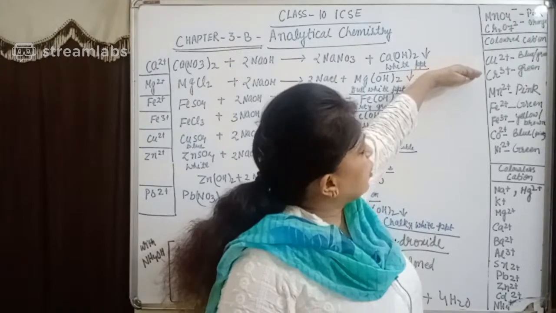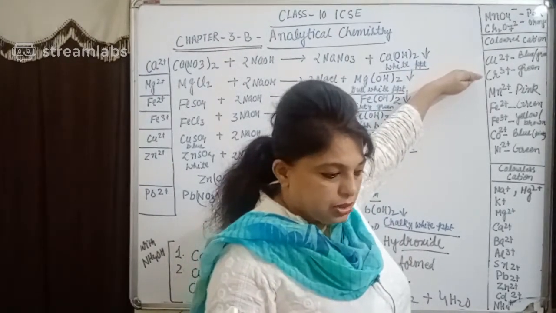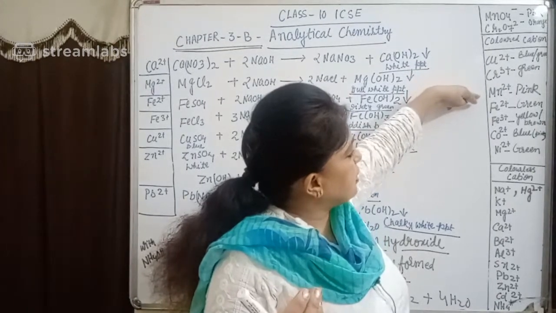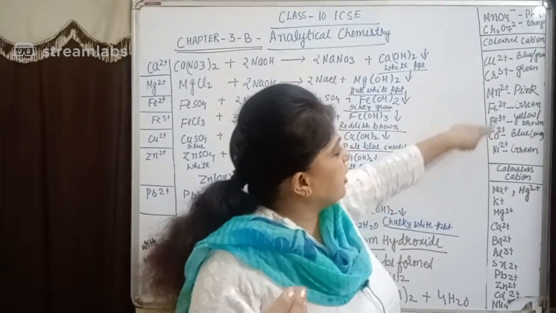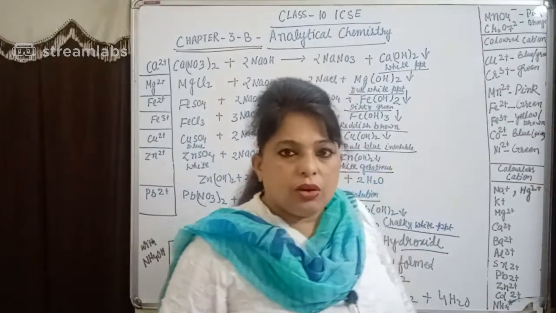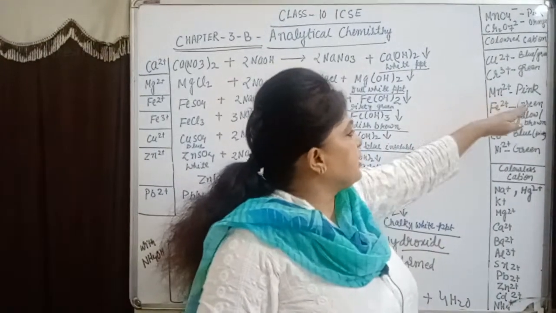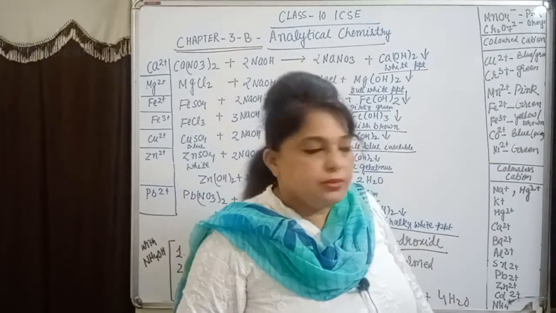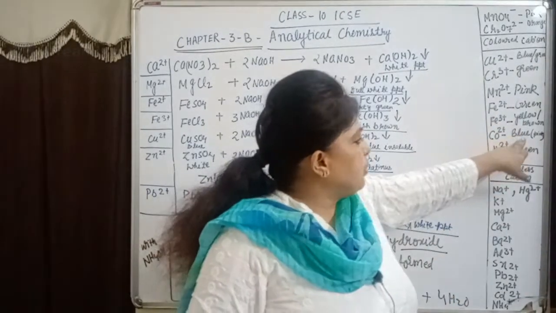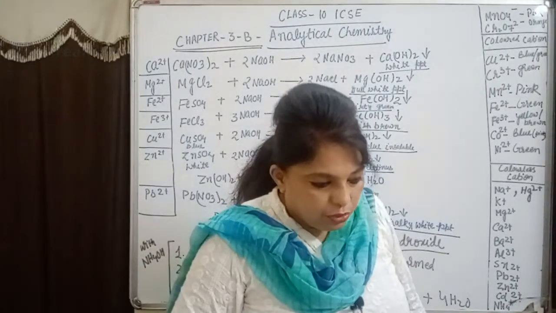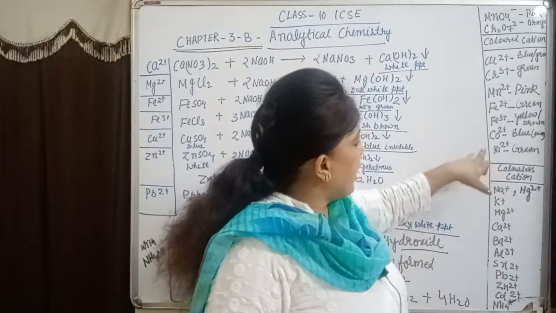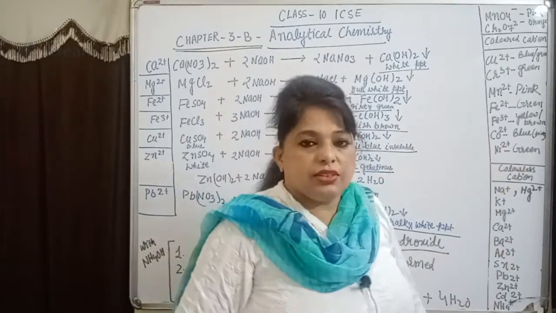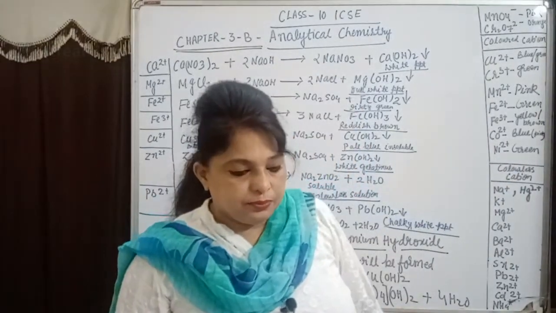So now the chromium ion is how much? Chromium is 3 plus, the manganese is 2 plus, right? We know their valency, but we should know about their color also, right? So manganese is pink color, ferrous 2 plus is green, ferric is yellow or brown, right? And cobalt is blue or pink color. And then you can see here nickel, what is the color of the nickel ion? That is green color.